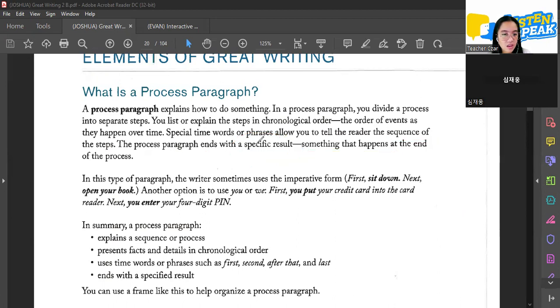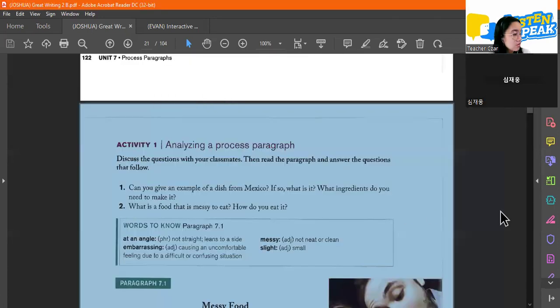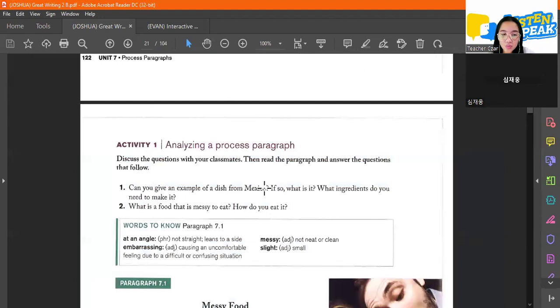As you can see, in this type of paragraph, the writer sometimes uses the imperative form. When I say imperative form, they are using words connected to sequencing, like first, next, and so on. Okay, now let's see the next one. Here in activity 1, you need to analyze a process paragraph. For example, here,